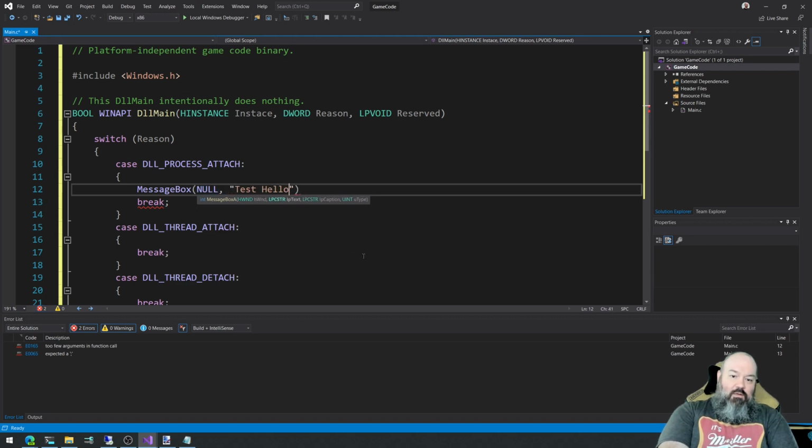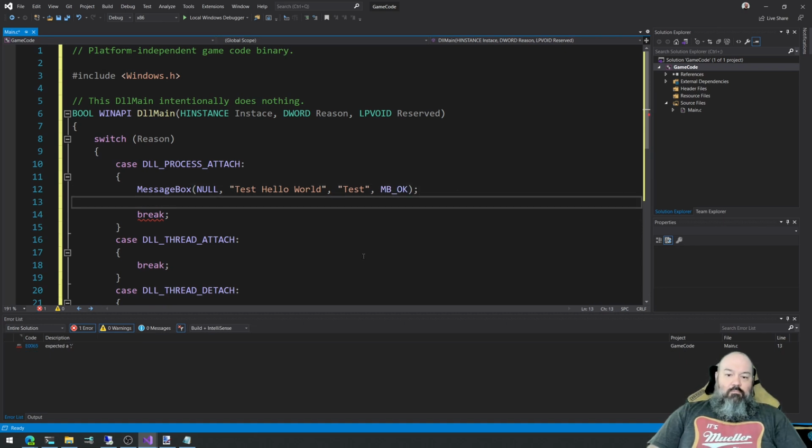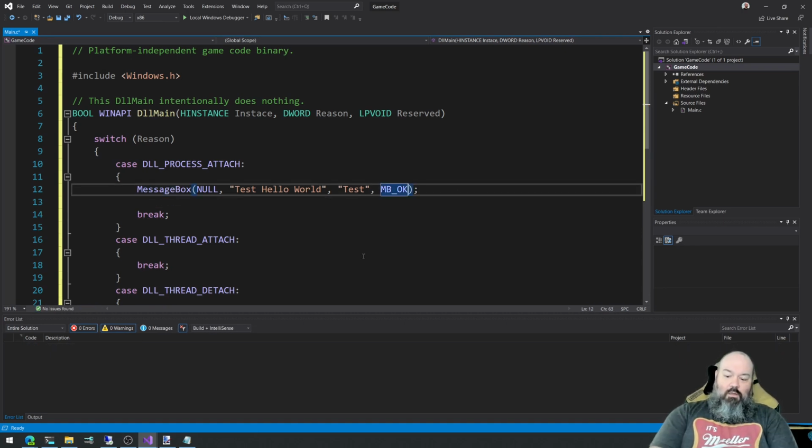Test hello world. Let's make a caption called test, and then the type will be message box. Okay. No, that's not how it works. MB okay. There we go. And we'll do, let's see, MB icon asterisk. Okay, so